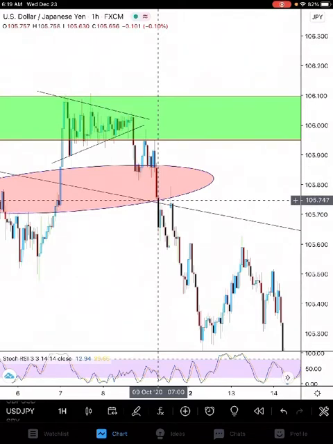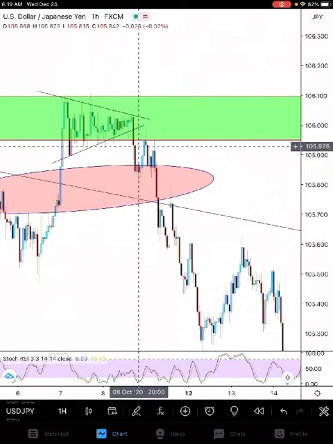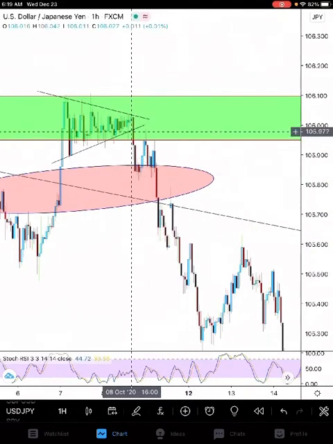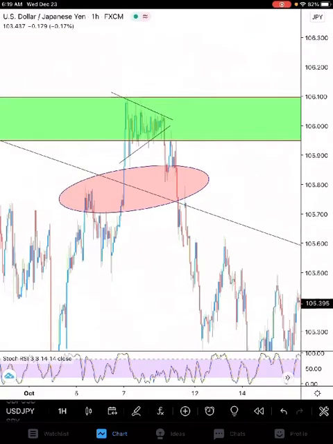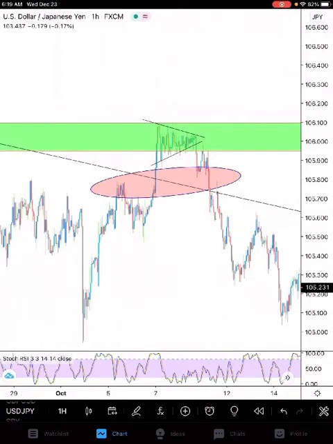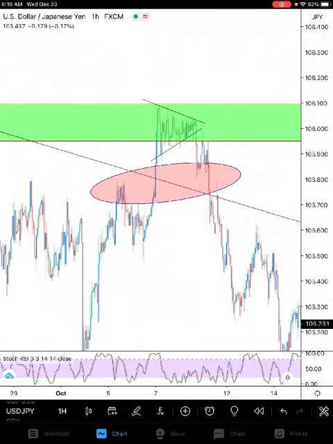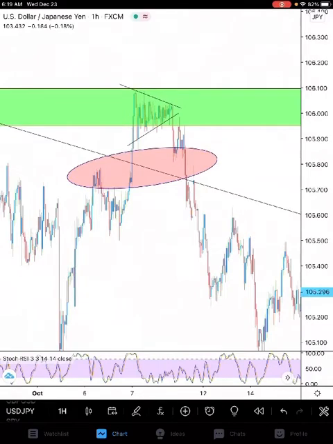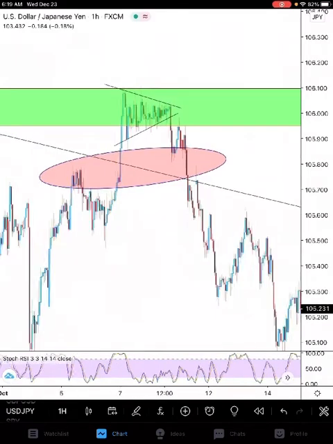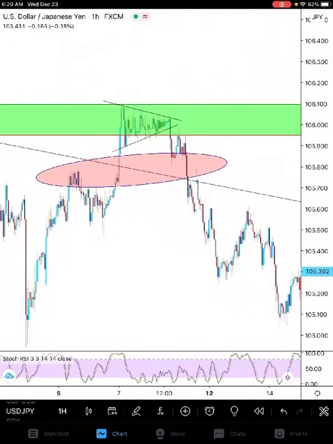So if you were the type of trader that knew that this was gonna sell off because it was in the zone, then more hats off to you. Like, you would have caught a lot of pips, 60, 70 pips. If you're not, and you